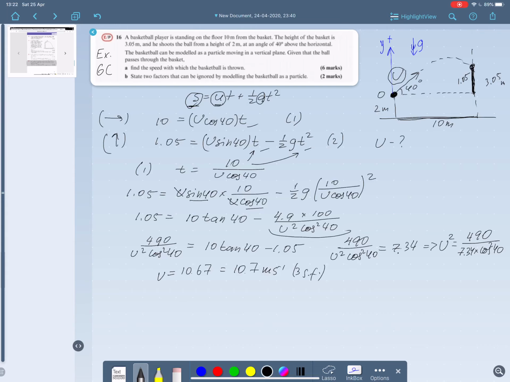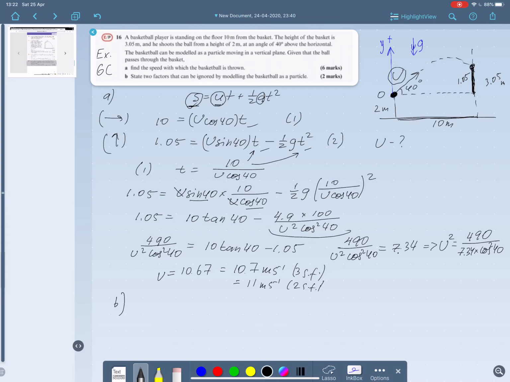Again, it makes sense to take 2 significant figures because g is given to 2 significant figures. It makes more sense here to give the answer as 11 meters per second, to 2 significant figures. Good. So that's part A, and part B is